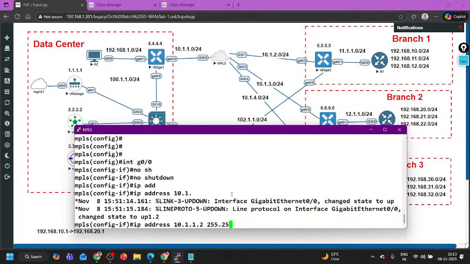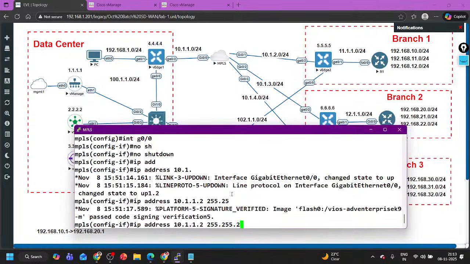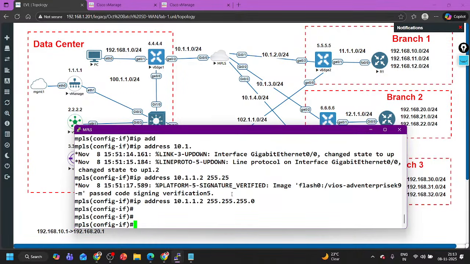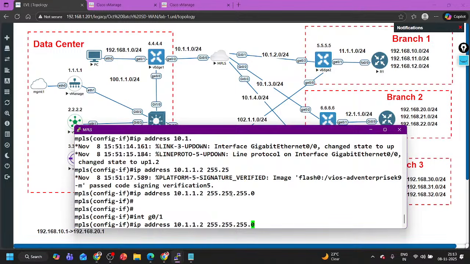I'm configuring .2 on the ISP router, meaning the MPLS router, and .1 on my managed devices. Then interface G0/1, IP address 10.1.2.2